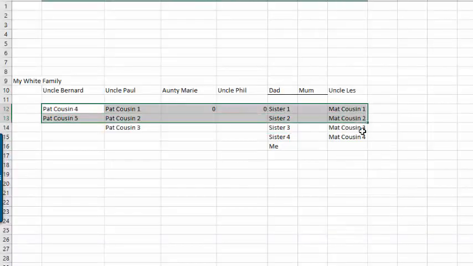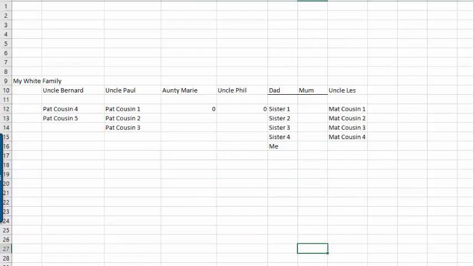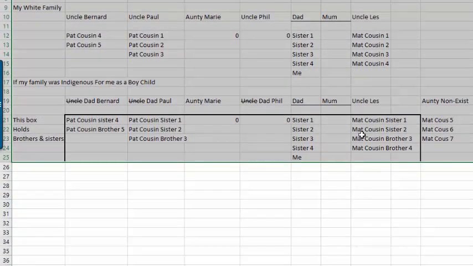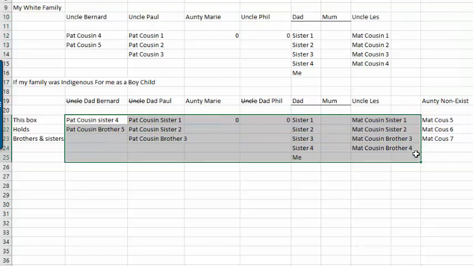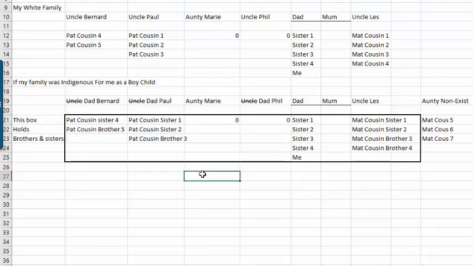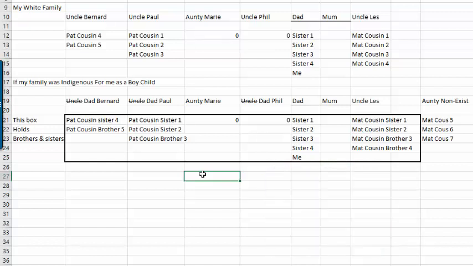And we all recognise each other as cousins. But in an Indigenous model, firstly, all of these cousins are now brothers and sisters, not cousins. Their children become cousins. So what a Western family would consider second cousins, we consider cousins. Or children, depending on how it goes. But watch how this goes up.